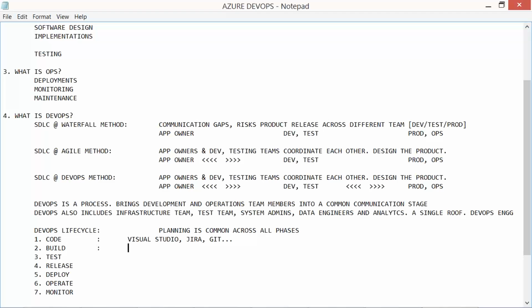Build. For build, in regular DevOps we have something called Maven, and something called Gradle, etc. These are all the different tools. Test: Selenium, or for example JUnit, etc. These are all the different tools we have in the testing environment. Release: we have something called Bamboo, and exactly, something called Jenkins, etc.